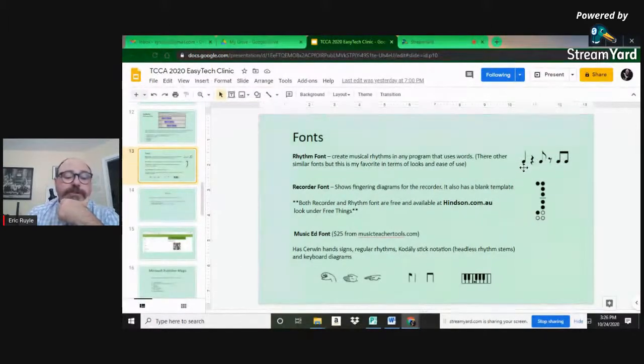If you want a quarter note, you type a Q. You want a quarter rest, type in Shift Q. Want a whole note, type in a W. Want a half note, you've got it, type in an H. So that's a nice thing. And what I do is I'll pull up a Word document, start typing in rhythms and have them clap and count it. So I don't have to write them down. And the kids like it when it disappears and then appears magically on the board.